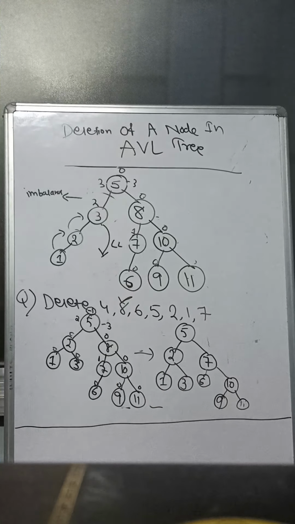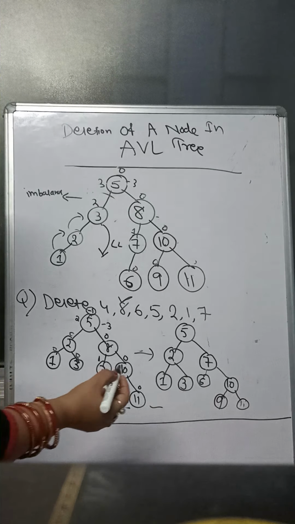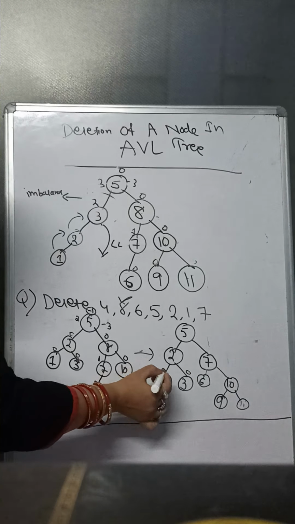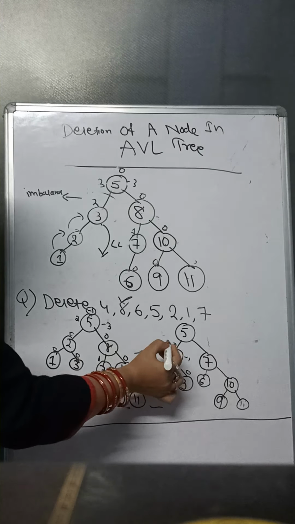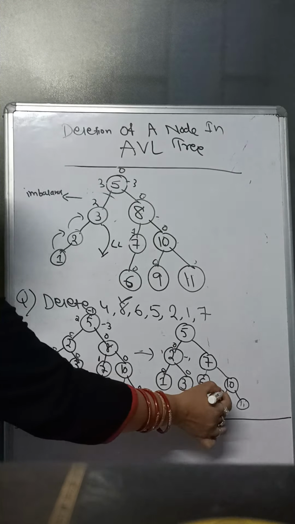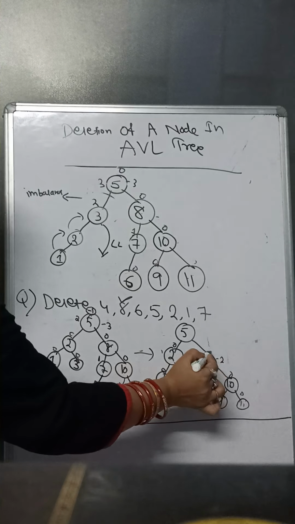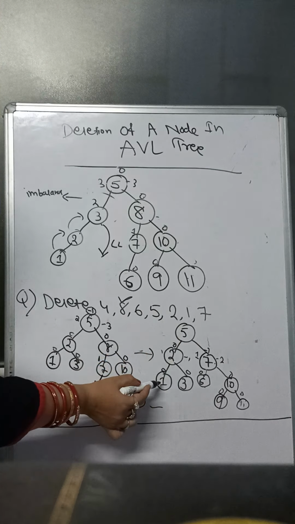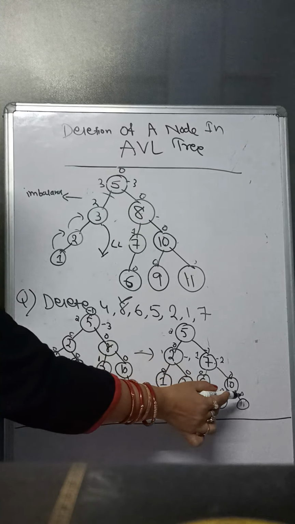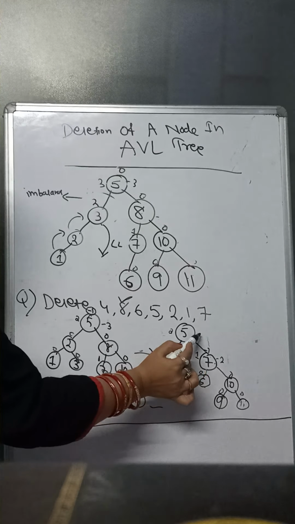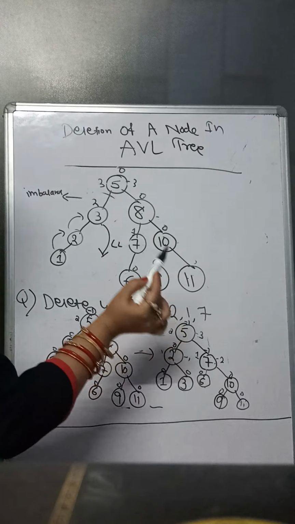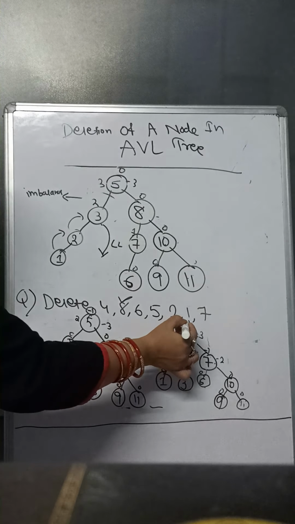Then I have to calculate the balance factor. Okay, then this is 0, this is 0, 0, 1, 0, minus 1, so balance factor is 0. Now this is 0, this is 0, 0, 1, 0, minus 1, 0. Okay, then 0, this is 0, 0, this is 1, 0, minus 1, minus 2, balance minus 1, this is balanced. Then 0, 1, 2, 0, minus 1, minus 2, minus 3, balance factor is minus 1, so this is also a balanced tree.